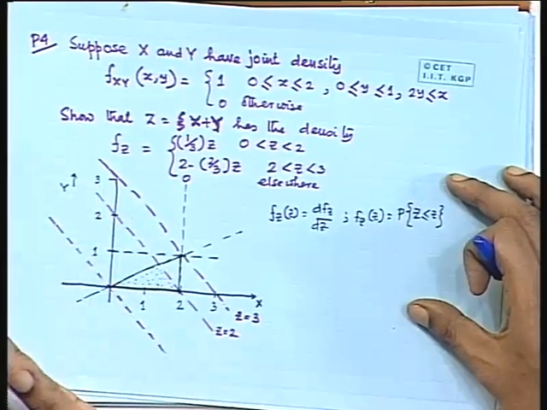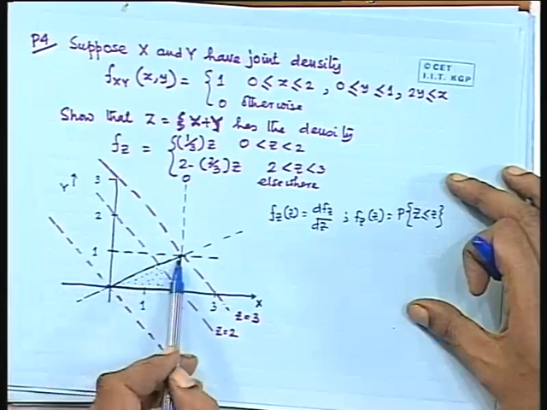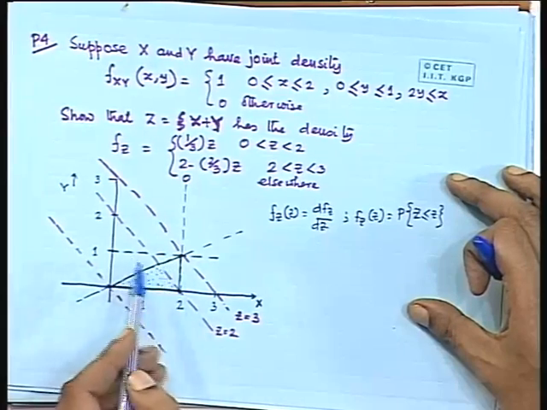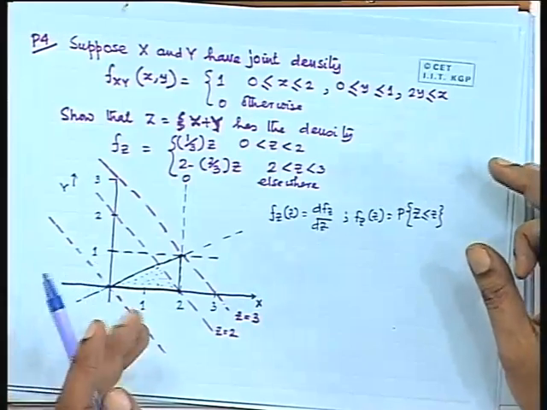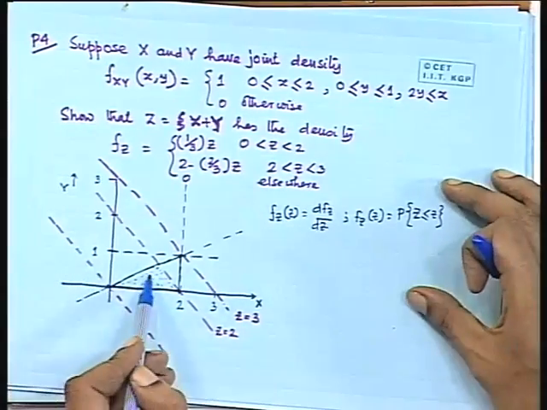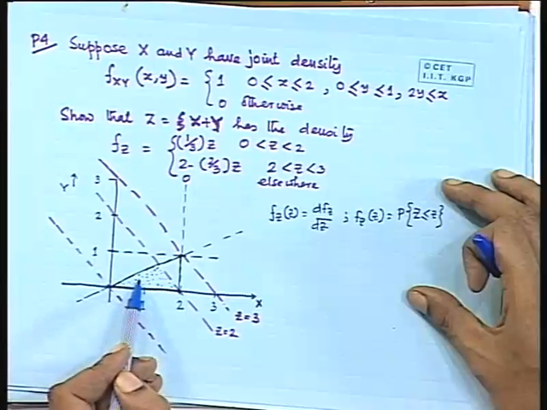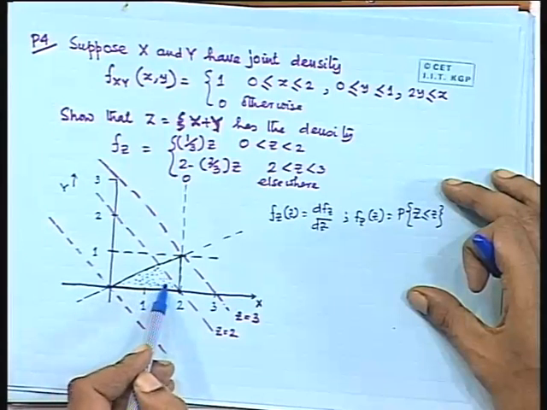Because on this side z is less than or equal to 2. Now x and y can take values only in this triangle, they don't take values elsewhere. So the values of x and y which are possible to occur and which will make z less than 2,